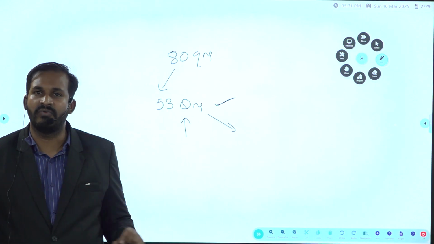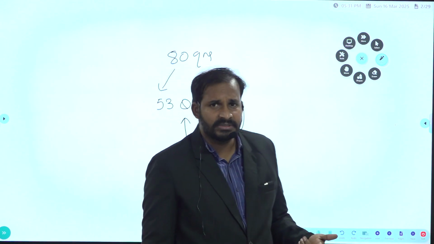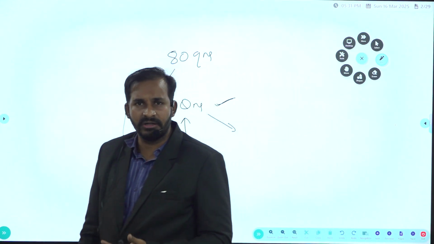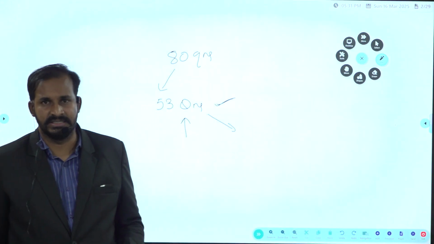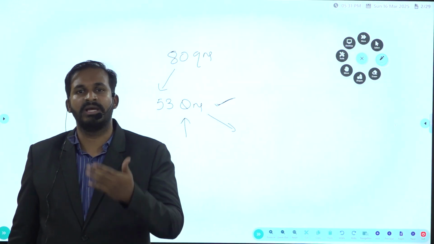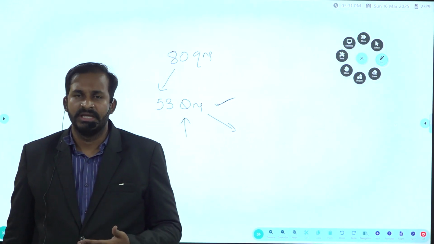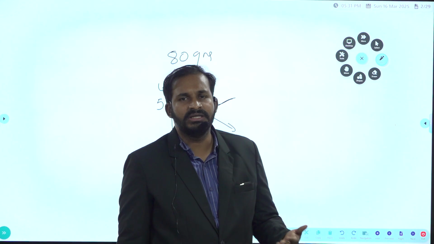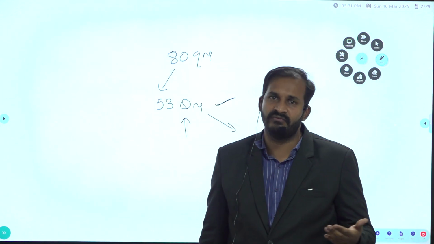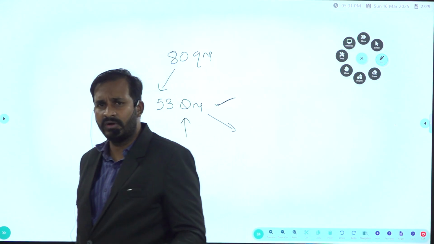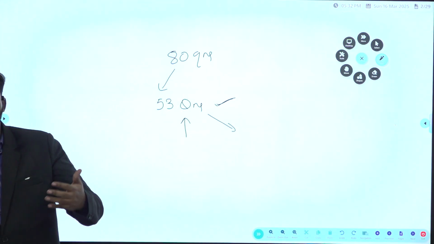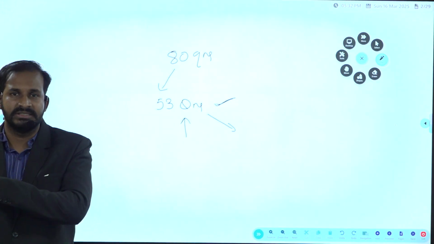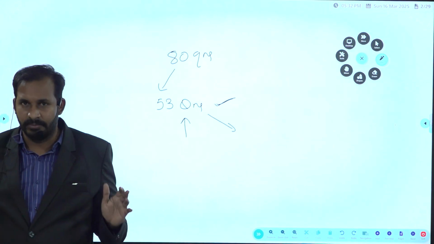If you learn only the formulas and go and give an attempt, then it is a waste of time. Why? Because I'm not saying that they are not at all asking questions based on formulae. Yes, they are asking, but the percentage of questions based on formulae came down. Earlier they used to ask around 15 to 20 questions based on formulae. Now they are asking only 5 to 6. If you are really good in formulas, yes, you can solve those questions. But what about the remaining questions? You can solve them only with the help of concepts. Else it is very difficult for us to solve the problems.